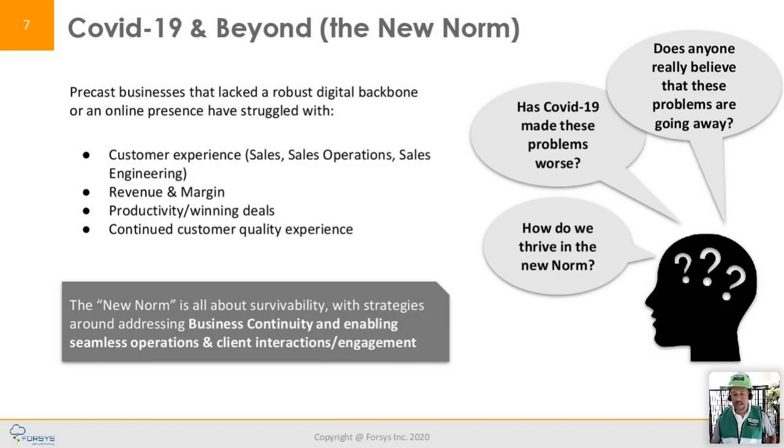It looks like there was an article that I actually did in my research to share with you guys. There's an article that came from the World Economic Forum, and I want to read this to you because it's a really important quote. It says, unsurprisingly, organizations that were furthest down their digital transformation journey before COVID-19 struck are tending to adapt to the crisis better than their peers. Okay, so they were a little ready. They could share files. They could do remote operation. That's the start of the journey. Their business models and working processes meant that they were able to pivot more rapidly or accelerate changes that were already underway. The businesses that lacked the robust digital backbone or the online presence have struggled.